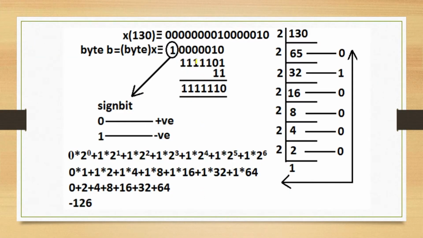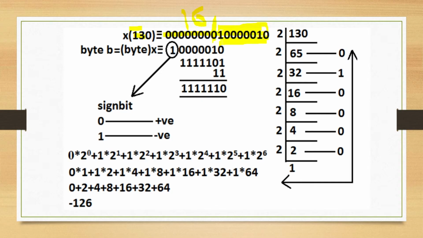So this is the example. These are the 32-bit representation, of which these are total 16 bits. Even though this is int, only 16 bits are considered, because the rest are zeros anyway, so there is no point in taking them. These bits till here represent the number 130. If we convert only this much binary sequence to decimal, we get 130. And this bit, the ninth bit, denotes the sign.